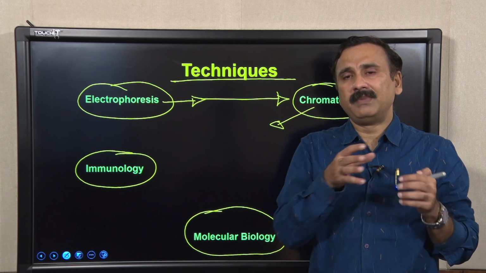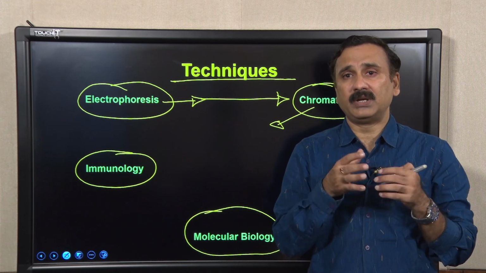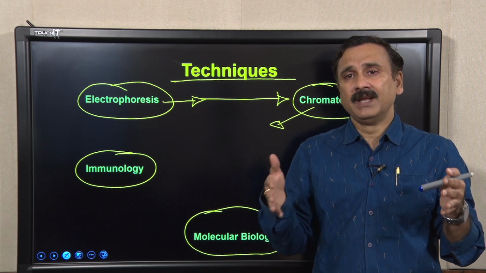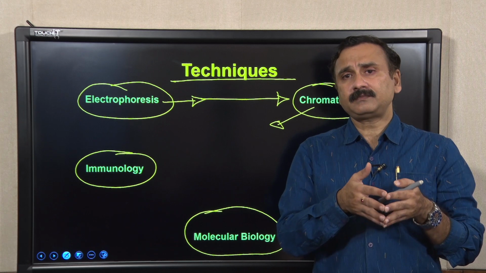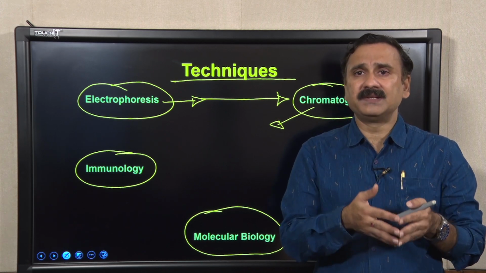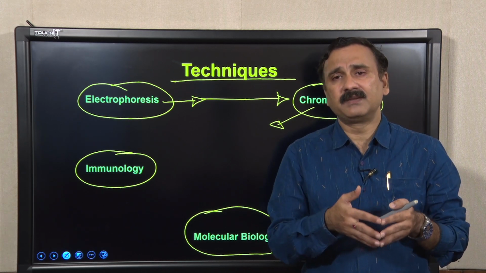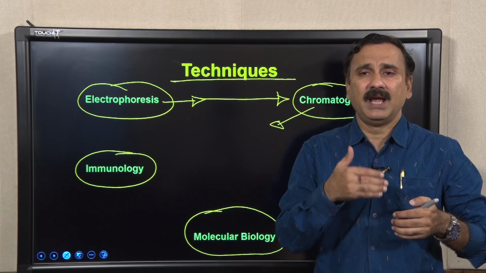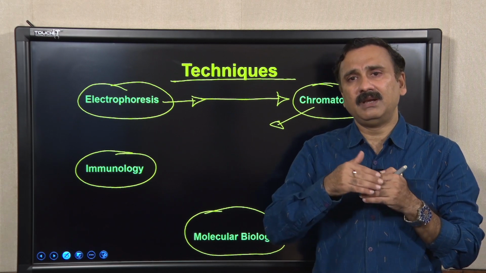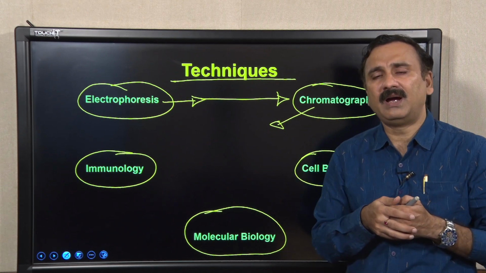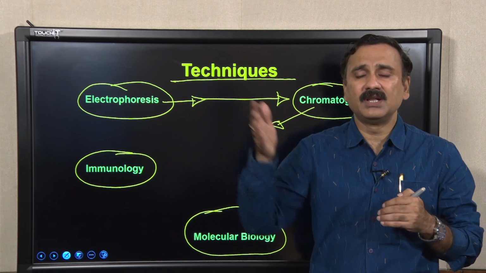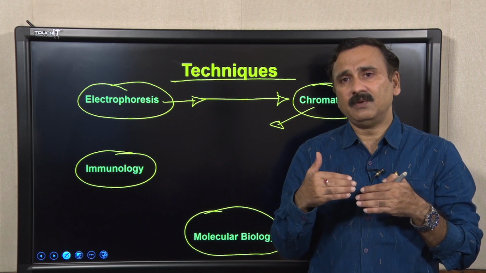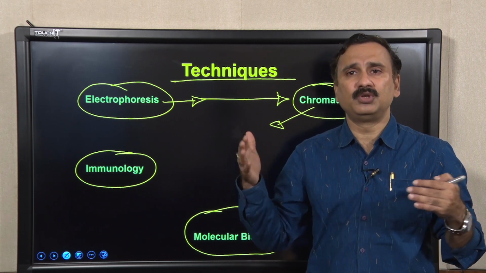So, that is just a simple example of showing you the potential of distributing the molecule between the two different phases, that can be even further amplified or enhanced when you use the chromatography techniques, because in the chromatography technique you are going to use different types of beads. For example, in a particular chromatography column, if you have 100 layers of beads, all these 100 layers of beads are actually going to give you 100 different distribution planes.